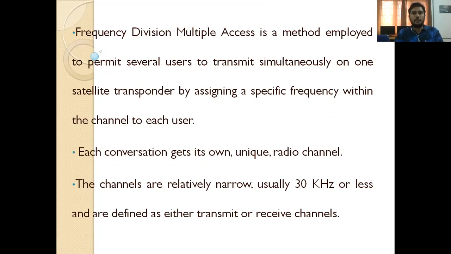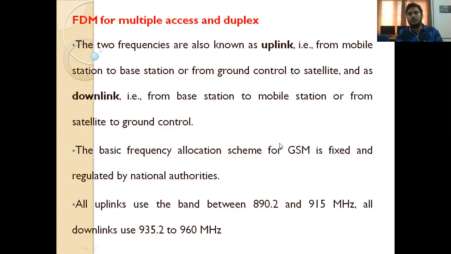For that purpose, we discussed one example: 10 users want to transmit data by using 100 bandwidth. So each user can be assigned 10 amount of bandwidth. So at a time, 10 users simultaneously transmit the data by using that particular bandwidth of 100. So the bandwidth range of each user is only 10. But the main advantage here is that at a time all 10 users transmit their data packets. That is FDMA.